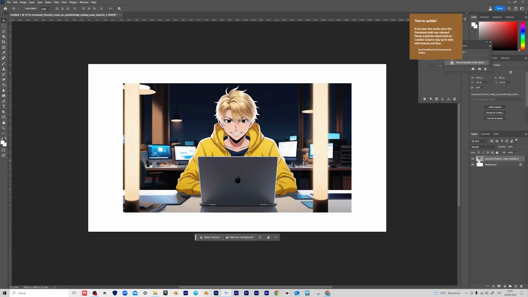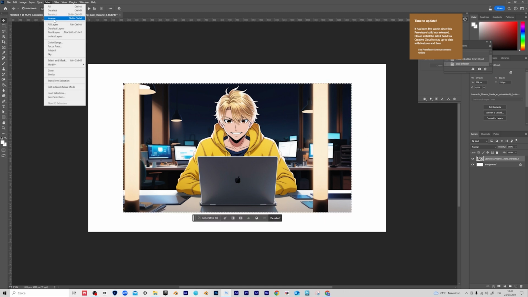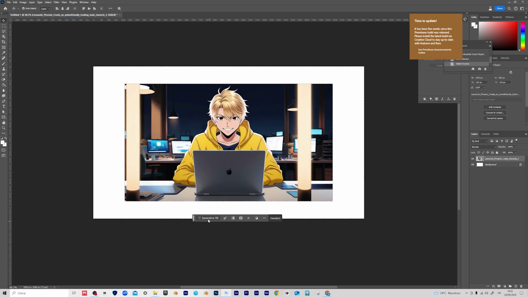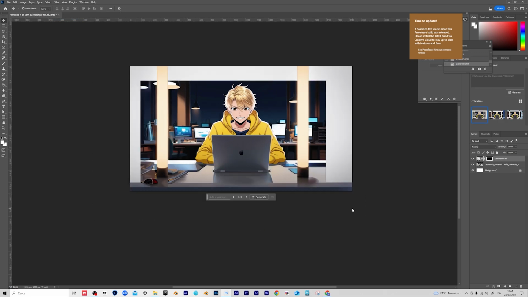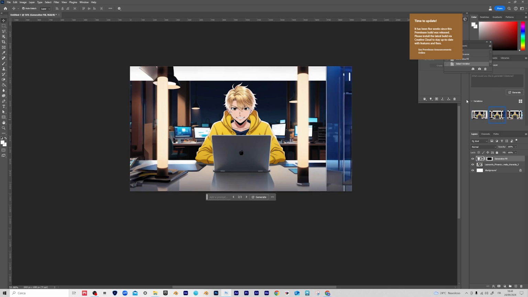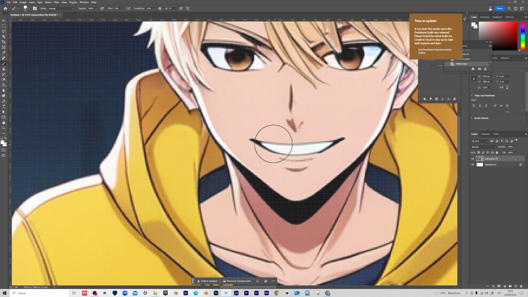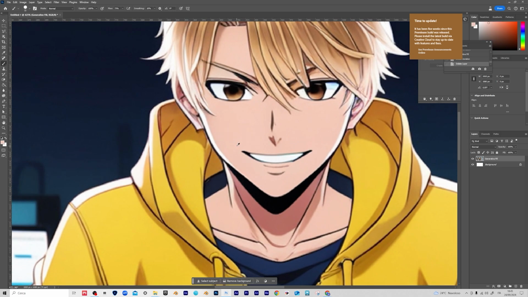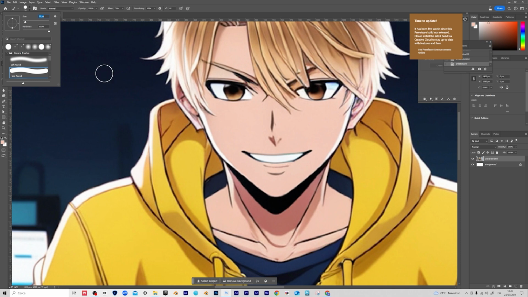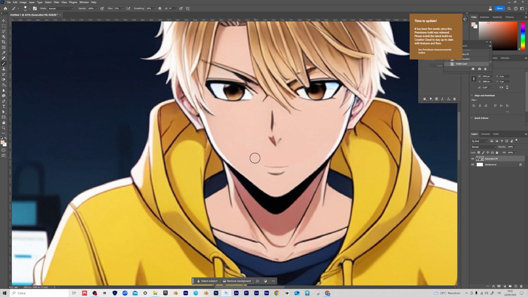Then go to your image layer and press Ctrl and click the mouse. Now your image will be selected, so let's go to Selection and choose Invert. After that, press Generate Fill. Now on the right side, you can choose the best option for your characters, or you can generate new options. Then select the brush tool, shortcut B, press Alt, and click on the character's skin to take the color, then start painting over the mouth. This will allow you to create a clean base to later animate the mouth.